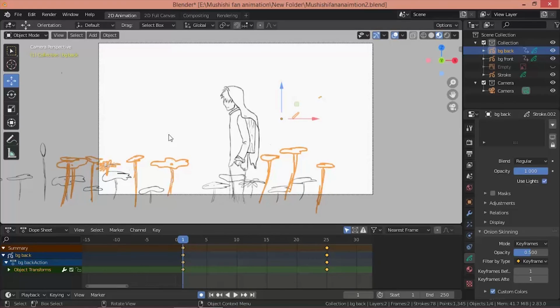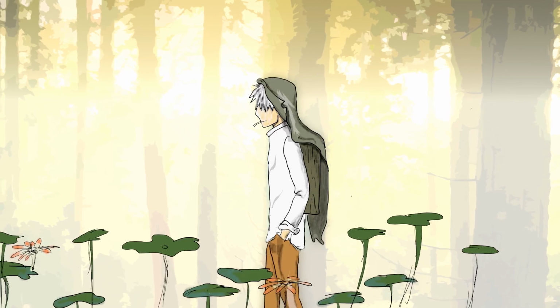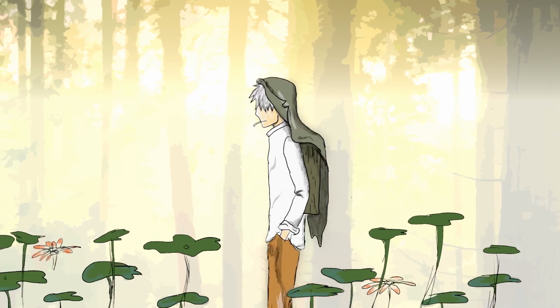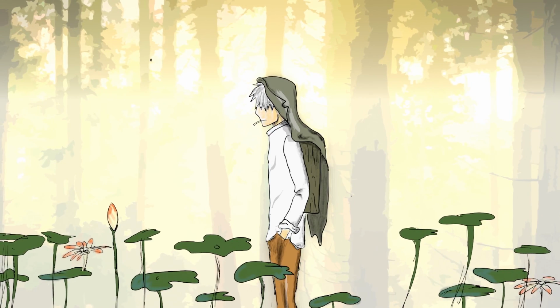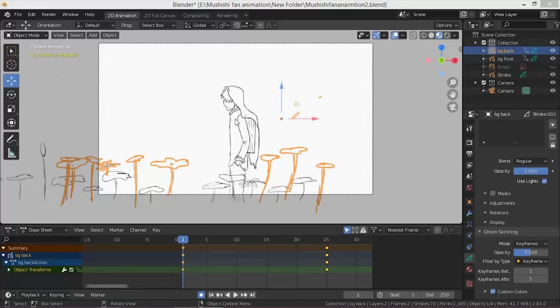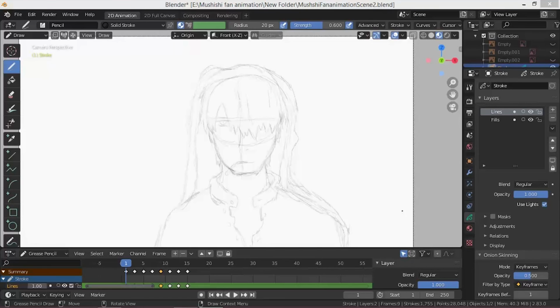As you can even see in the original animation where it's completely completed, I've also set the background to have a parallax effect in that. So that's it for the key poses and for the background, a slight bit for the background as well.